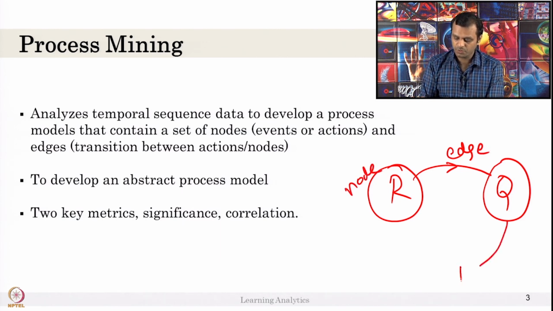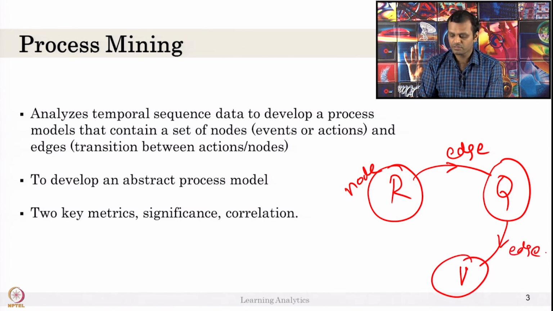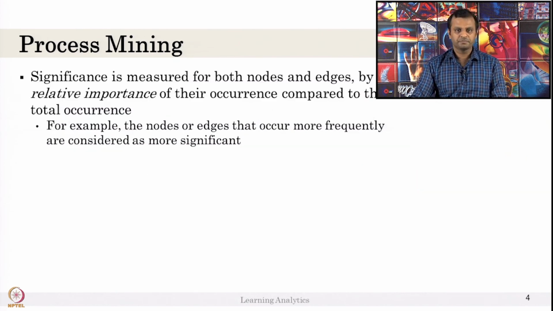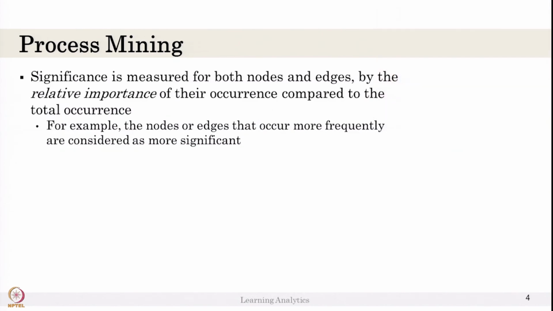Maybe this goes to watch video. This is another edge. This is node 1, node 2, node 3. So, there are 2 metrics, significance and correlation. We will see what the 2 metrics are for these nodes and edges. Significance is a measure for both nodes and edges, the relative importance of their occurrence compared